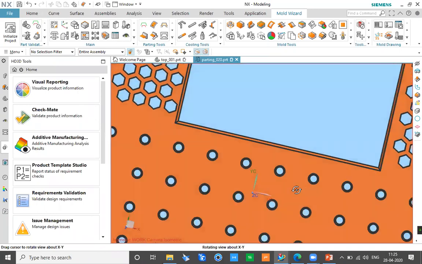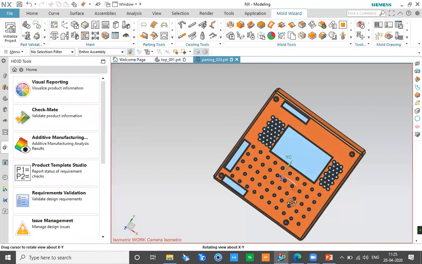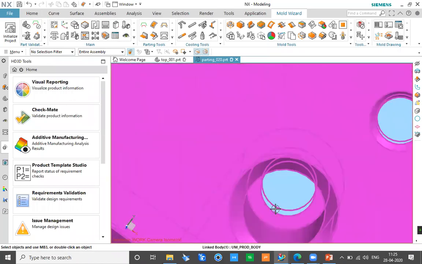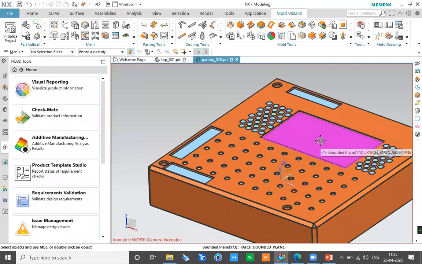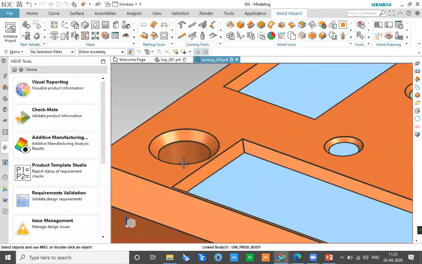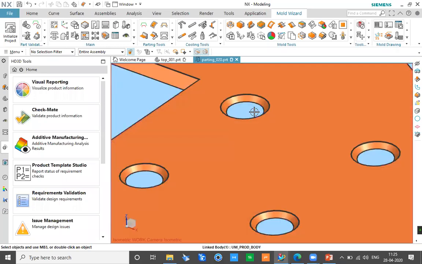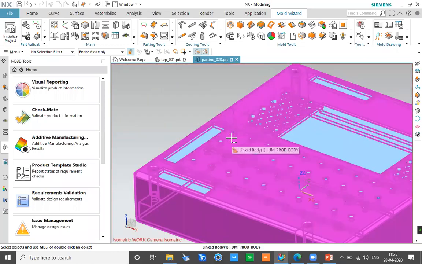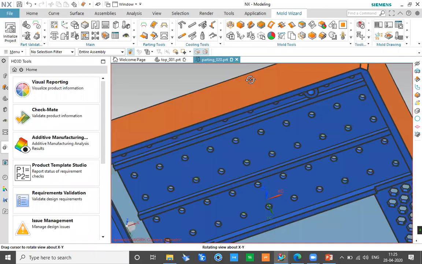Okay, all the patchwork has been done, so I don't need to do any patchwork manually from my side. You can see all these deep patches and everything has been created properly. Normally in this kind of article, well, the article is very simple, we already know how the mold will be created, but it takes a lot of time to do the patchwork. All that information needs to be defined in the beginning itself, so while extracting the core and cavity, it should not take much time. We can do the patchworks very easily over here.